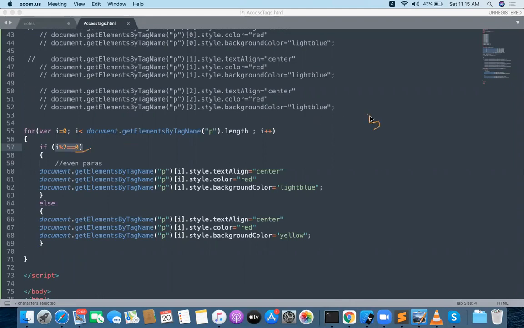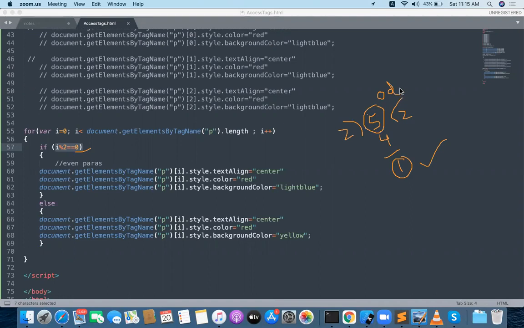For example, take 5, and I want to check it with 2. 2 twos are 4. And what is the remainder here? 1. Whenever you have the remainder value 1,